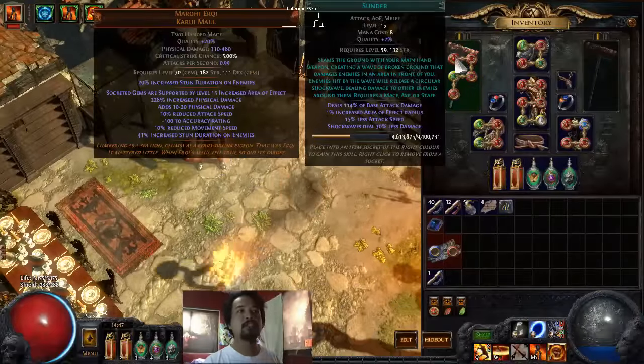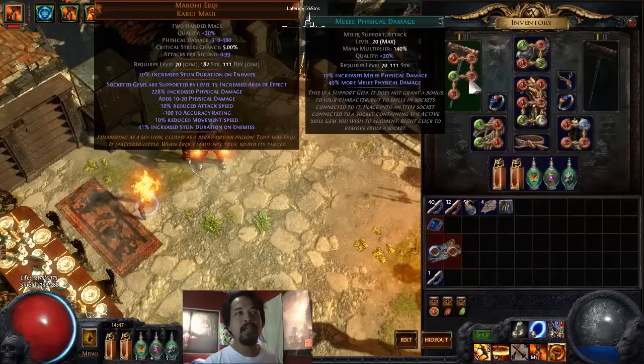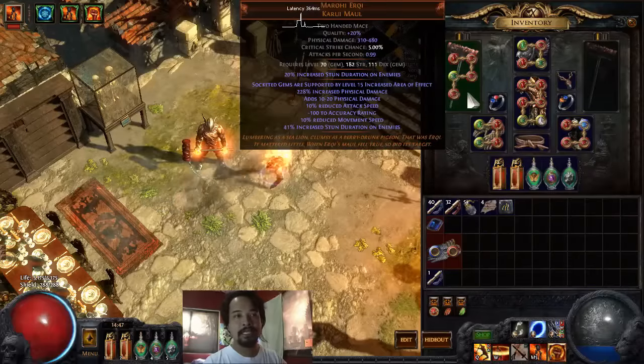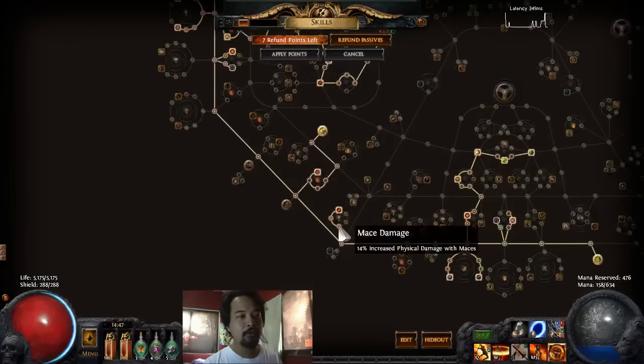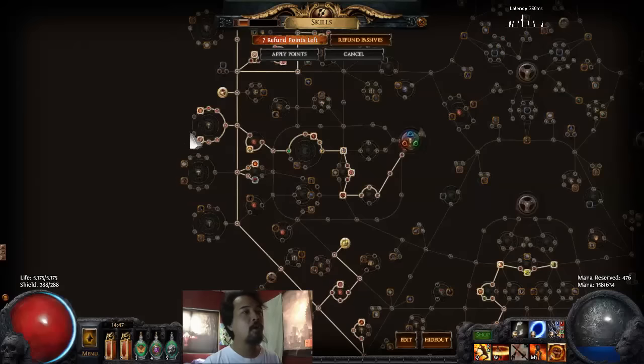Let's get into what's attached to our Sunder. So what's attached there is added fire damage, melee physical damage, faster attacks, and multistrike. If this were a 6 link, I'd probably add in some life leech, or AoE. It really depends. If we are going to add some life leech, we'd remove these three nodes right here and probably get some more melee damage nodes over here,